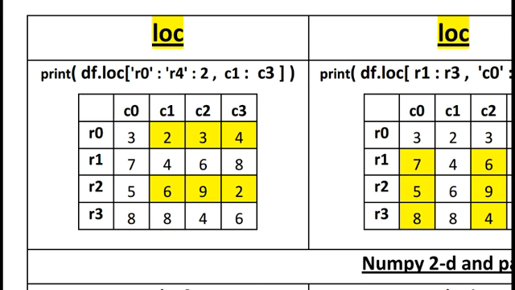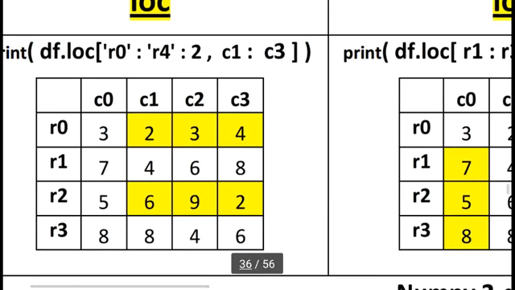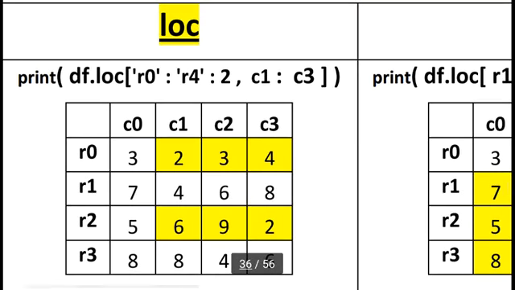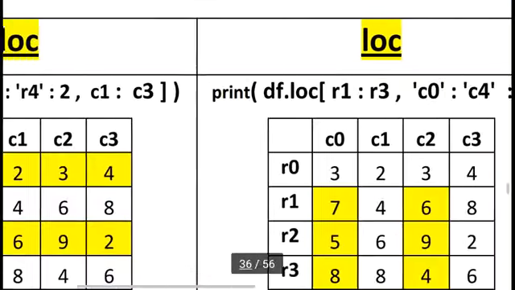But in this selected row, I want to select particular columns. So you can see here I am writing colon c1 colon c3. C0 will not be included because I already mentioned c1. C1 means 2, 3, 4 and c3 means, in the R2 row, 6, 9, 2. So only this highlighted selected value we will get with the help of the above loc statement. It means I have used the step statement. Here I am taking another example.